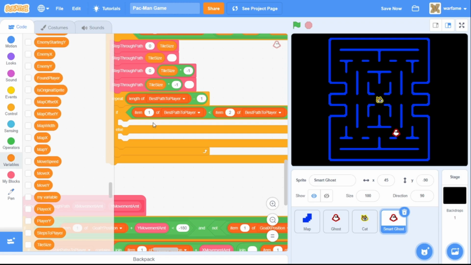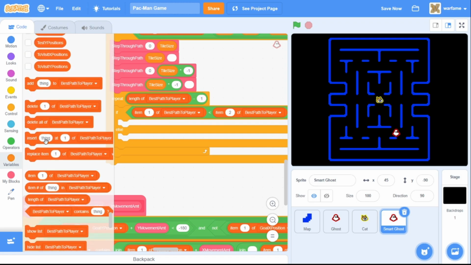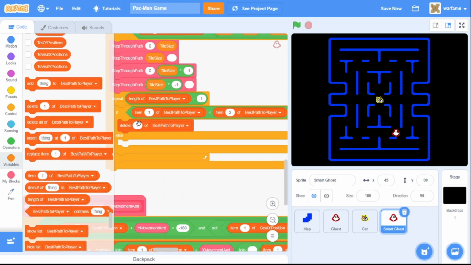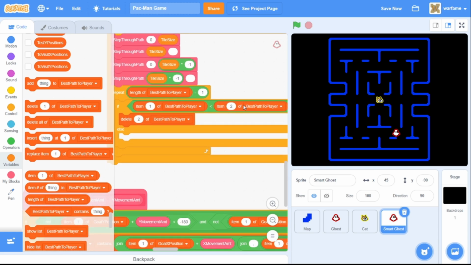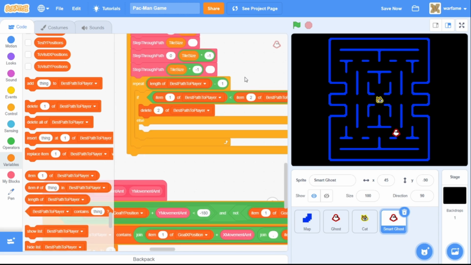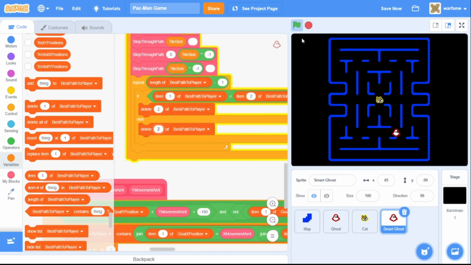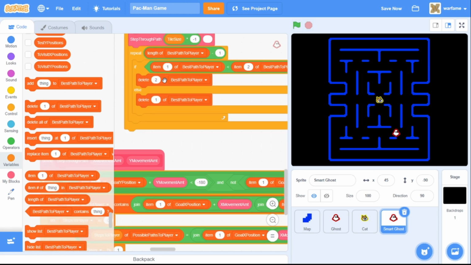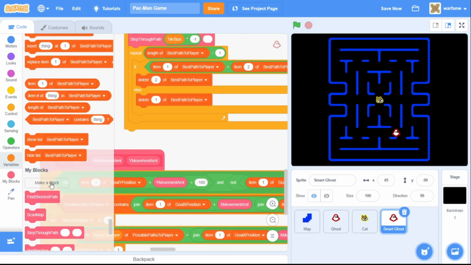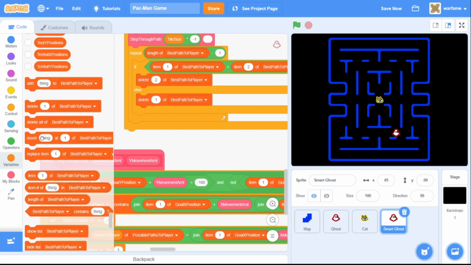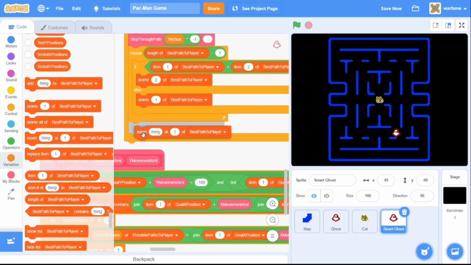then that means we want to keep the shorter path. So we want to delete the second item of best path to player. Otherwise, if the second item of best path to player is shorter than the first one, then we want to delete the first item. All right, and then after all of this, let's grab an insert block after the repeat,